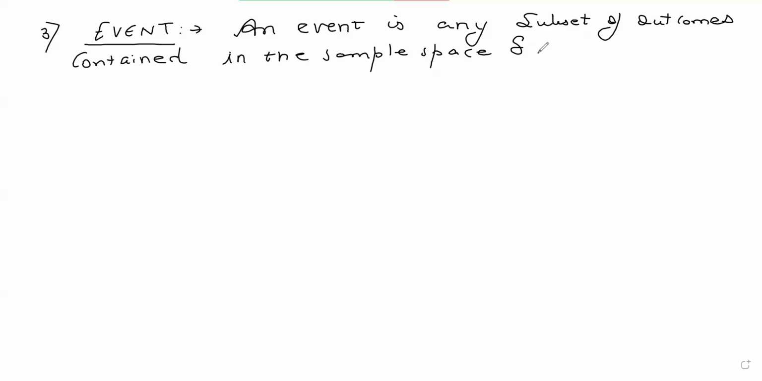Sample space contains all possible outcomes. From that, if I take one particular outcome or some of the outcomes, that's called an event. So an event is a subset of the outcomes contained in the sample space. I can further write point A: an event is said to be a simple event